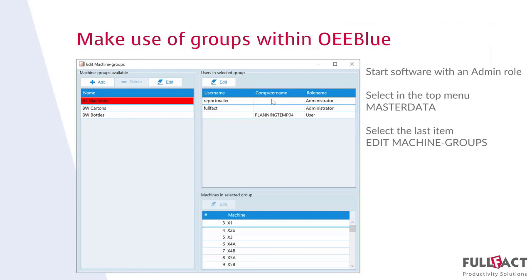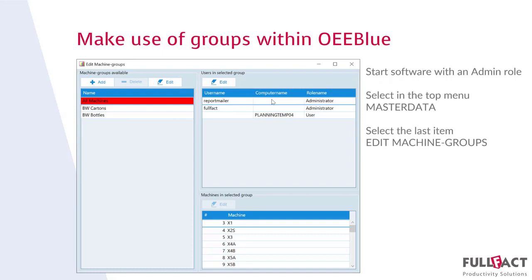This means that persons that have been defined, for example, for the cartons group, when they start the software, it will automatically select the cartons group, and only those machines that are defined within this group. So a person that has been defined for the cartons group won't be able to see the bottles, and therefore the reports that he creates will only be applicable for the cartons group.